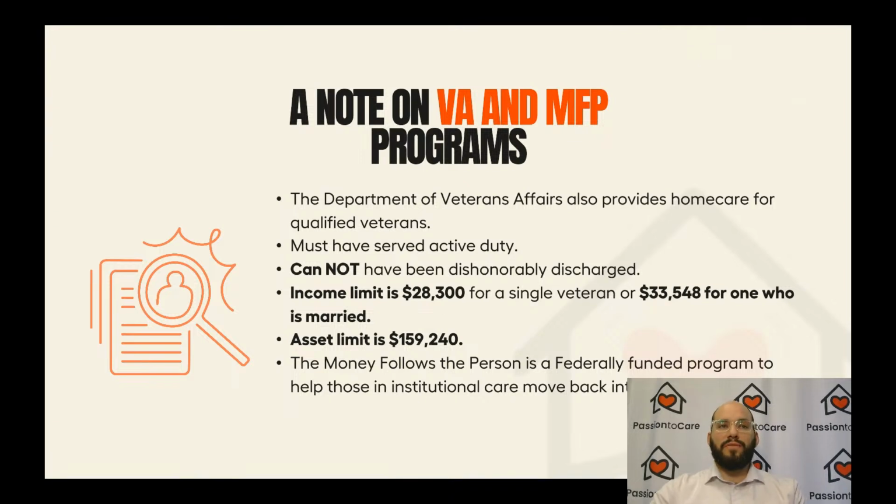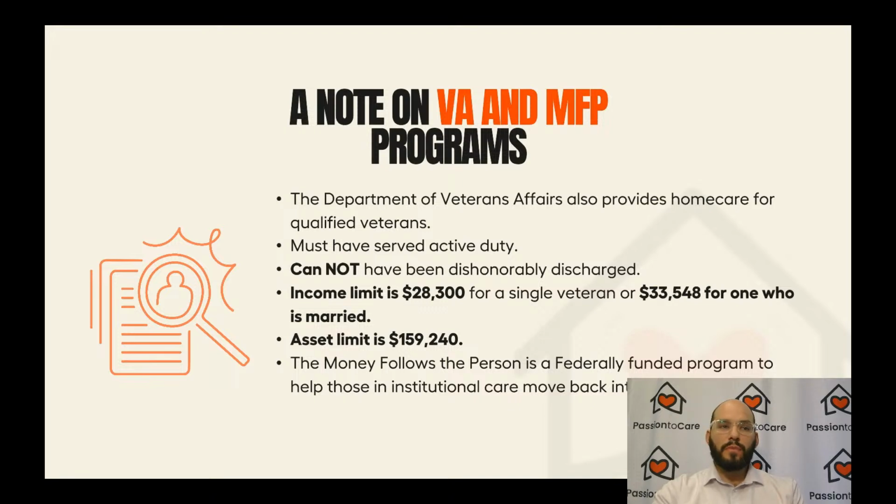Quick note on VA and the MFP programs. So the Department of Veterans Affairs also provides home care for qualified veterans. Those are for people who have served active duty. They cannot have been dishonorably discharged. There is an income limit of $28,300 per year for a single veteran, or $33,548 for one who is married. So the income limit is slightly lower than with Medicaid. However, the asset limit is significantly higher at